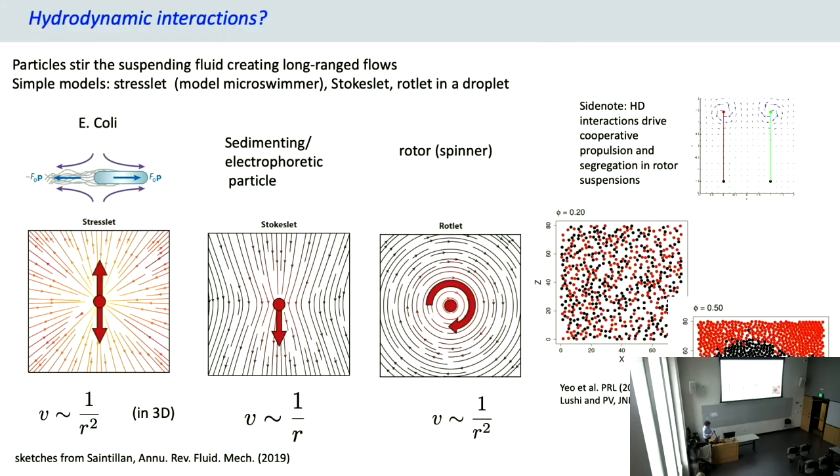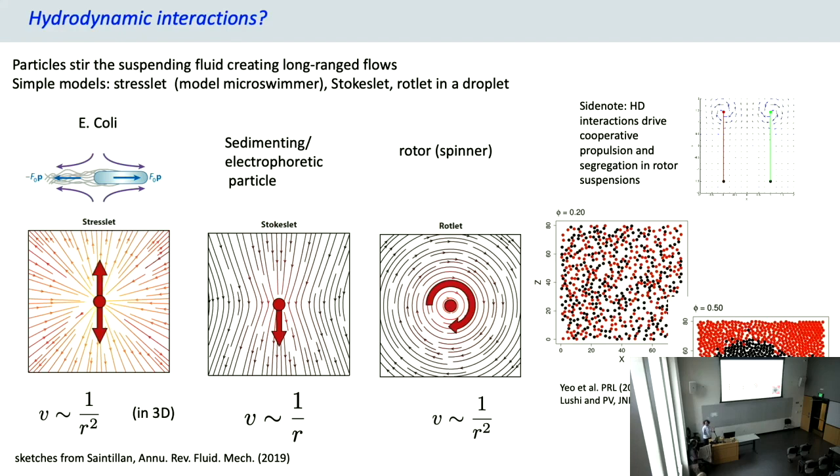So if you have, I don't have the cartoon here, but imagine, for example, it's easier. Let's look at rotors. If you have another one here, the flow of this one is going to rotate it this way, right? If they're co-rotating. This one it's going to move it upwards. So you can just look at the far field. For the stresslet here, if you have another one here, it's going to be attracted, so it's going to be coming to it. But if it is located here, it's going to be repelled.